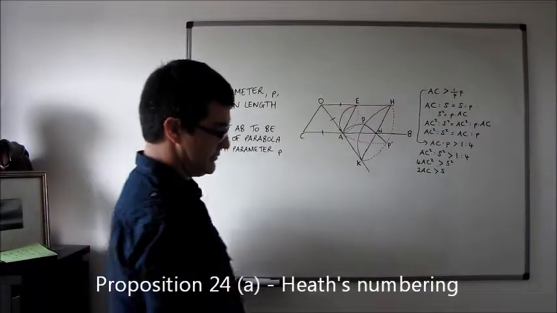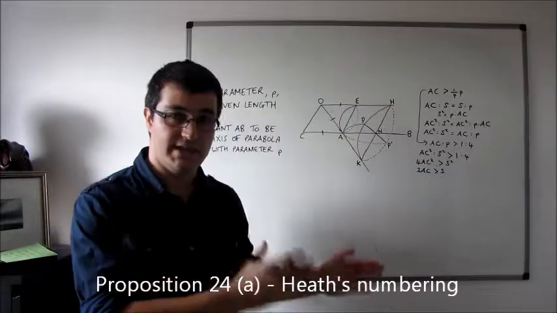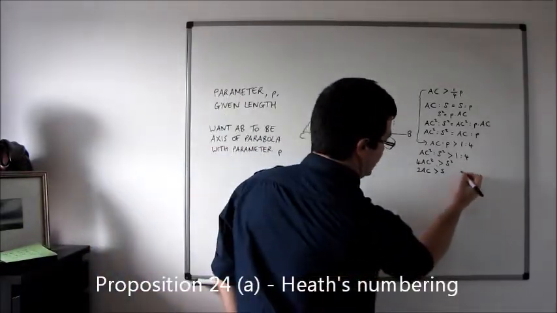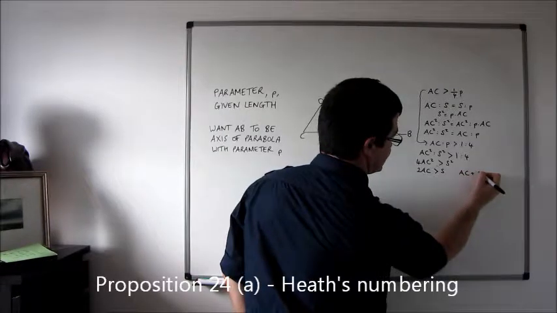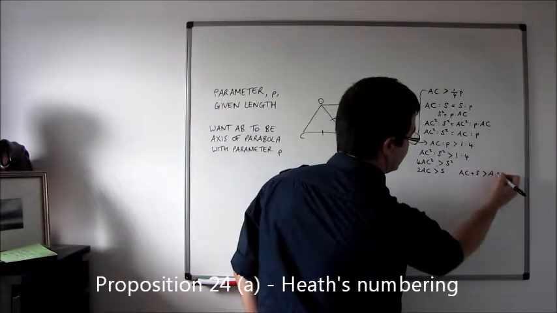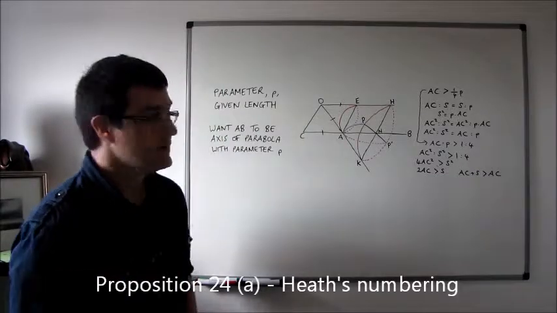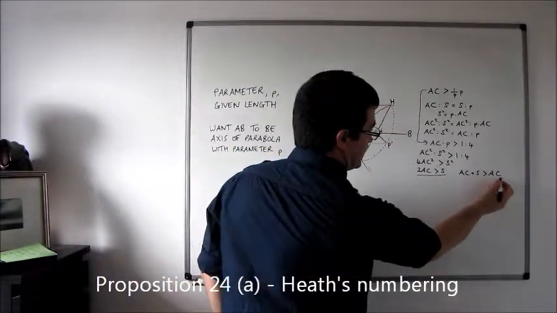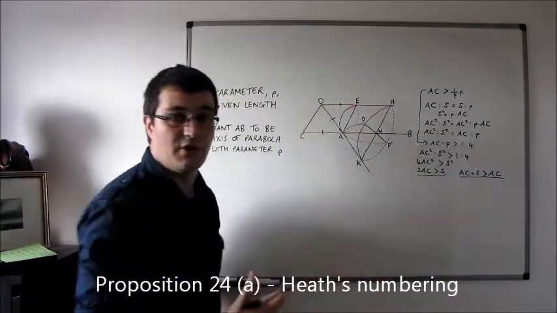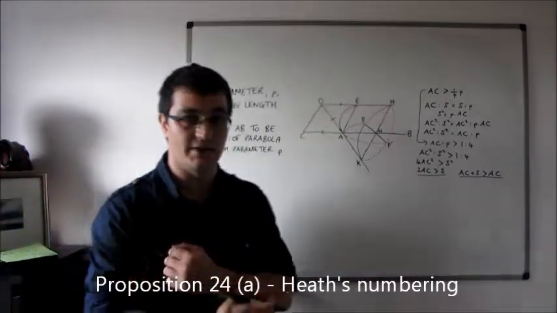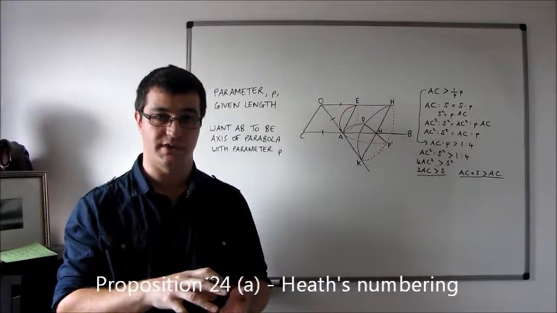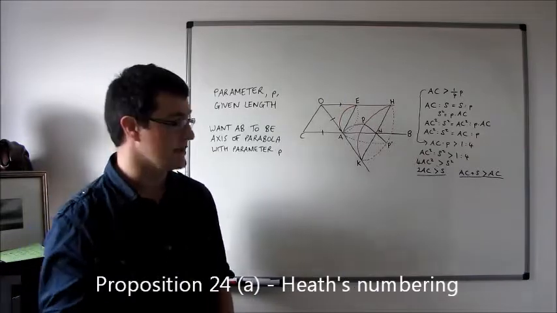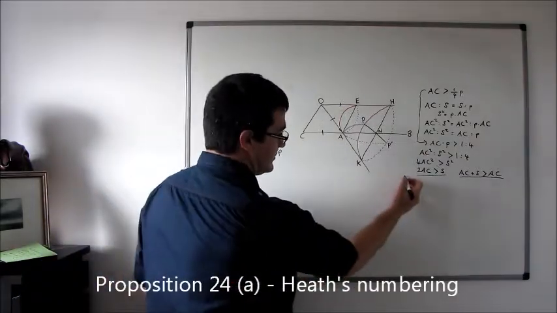We can also say, because AC and S are going to be positive magnitudes, that AC plus S is going to be greater than AC. These two together allow me now to form a triangle. So in any triangle, the lengths of any two sides of the triangle must be greater than the length of the third side. So if I form a triangle